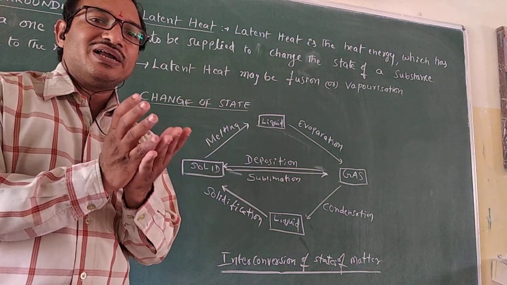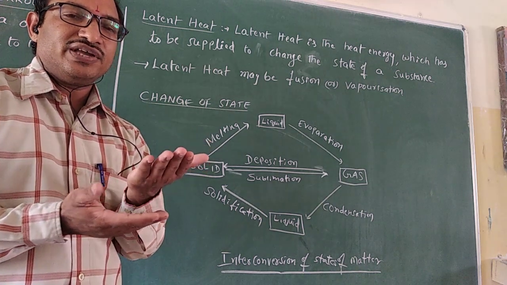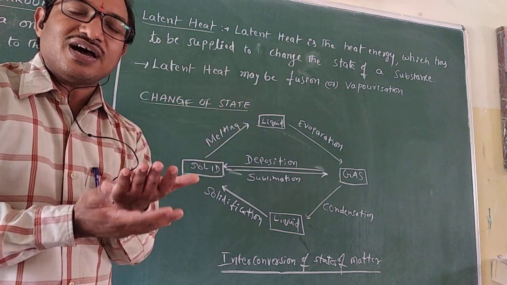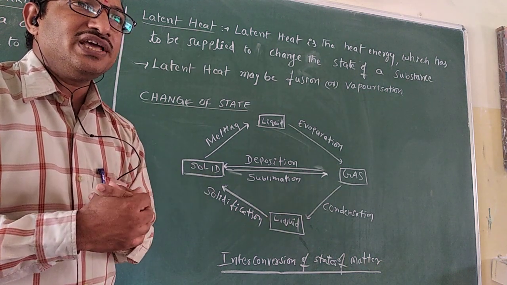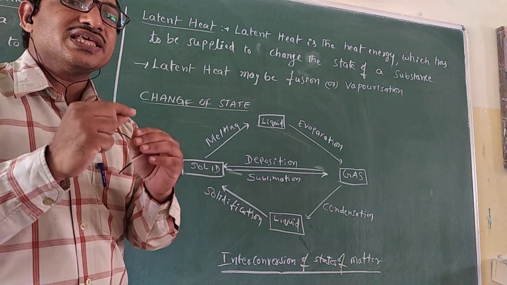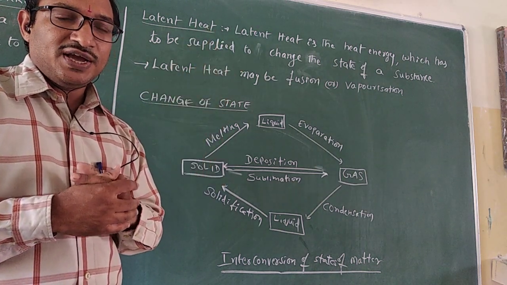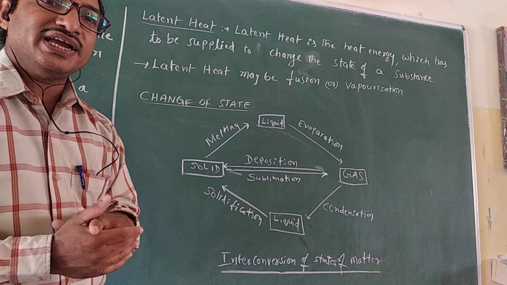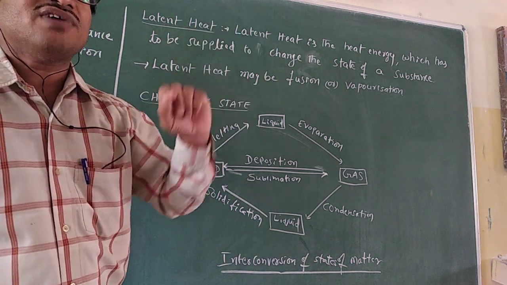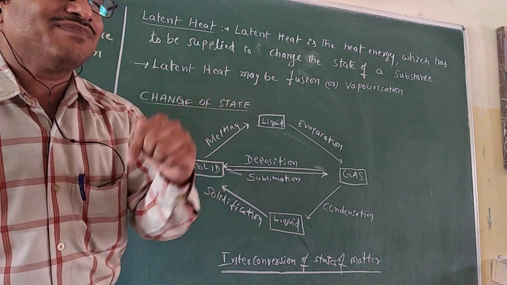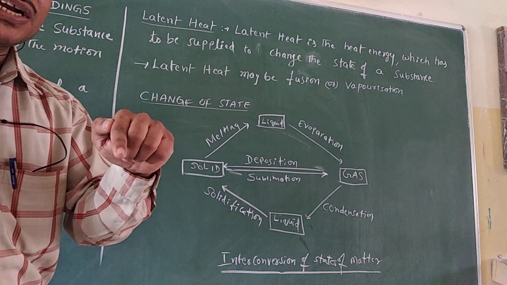We take one tumbler of water and we are heating it. We keep the tumbler on the burner or flame and keep on heating. You can notice that at 100 degrees Celsius, the water molecules get evaporated. Now, if you still supply heat, the liquid molecules are converted into vapor state, but there is no change in the temperature. Understood what I am saying?